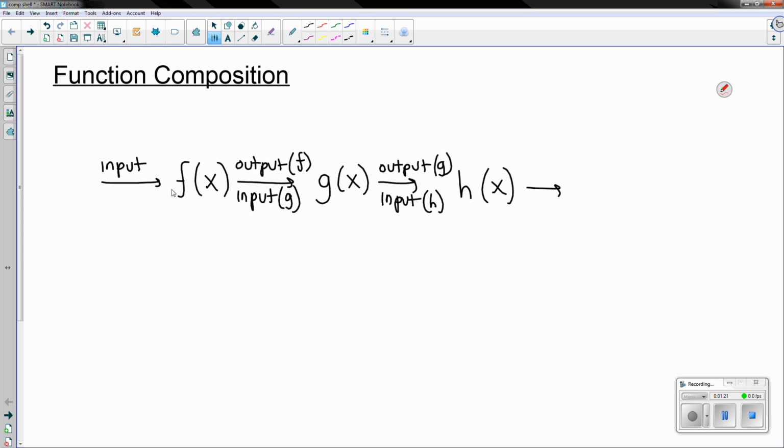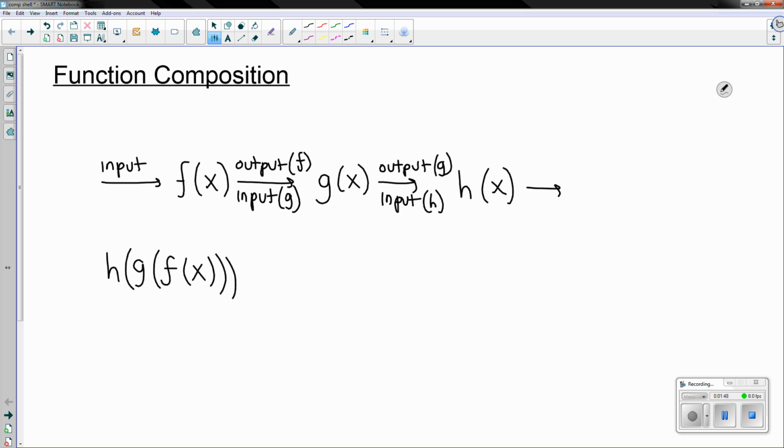So this act of chaining together functions produces this new operation, and we're going to call that function composition. Now the notation will look like the following. We started with some input x, and we input it to some function f. That output, which can be represented by f of x, was then input to the function g. And then in this case, that new output, which we'll call g of f of x, was then input to